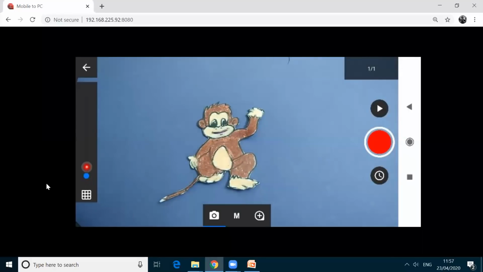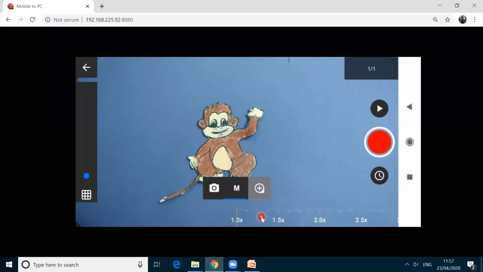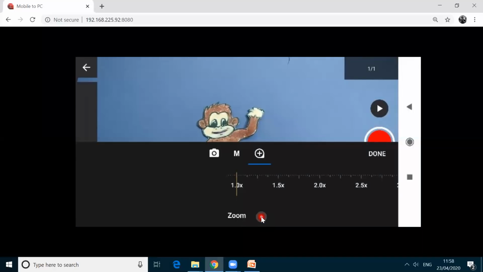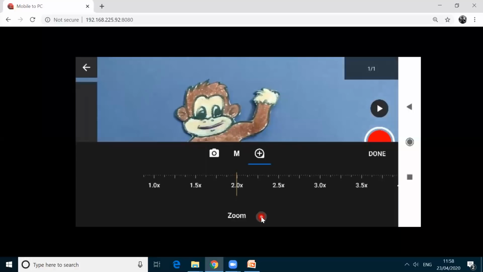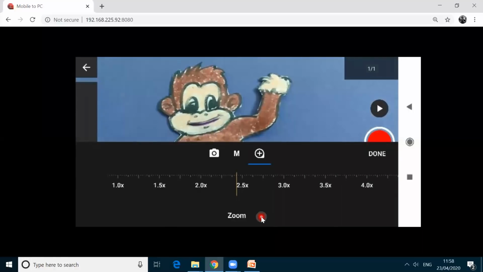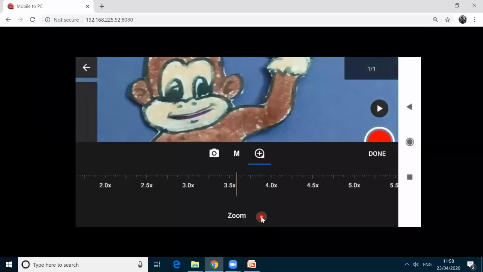Here there is an option M, and this one is plus. Plus is nothing but zoom. I'm clicking this plus, then I can zoom. We can zoom and take photo. Let me show it.